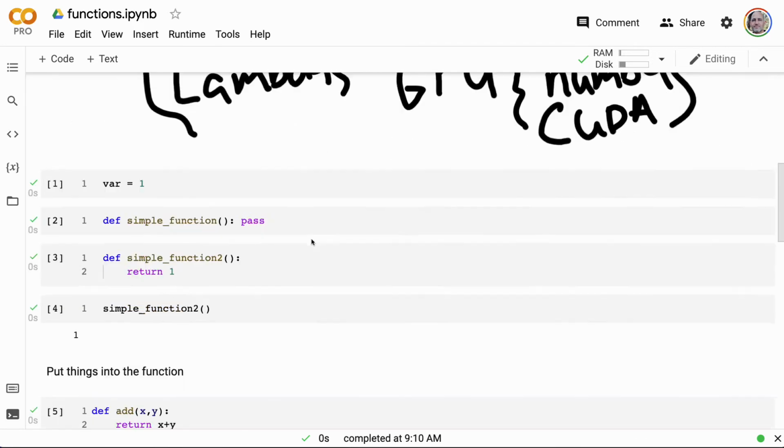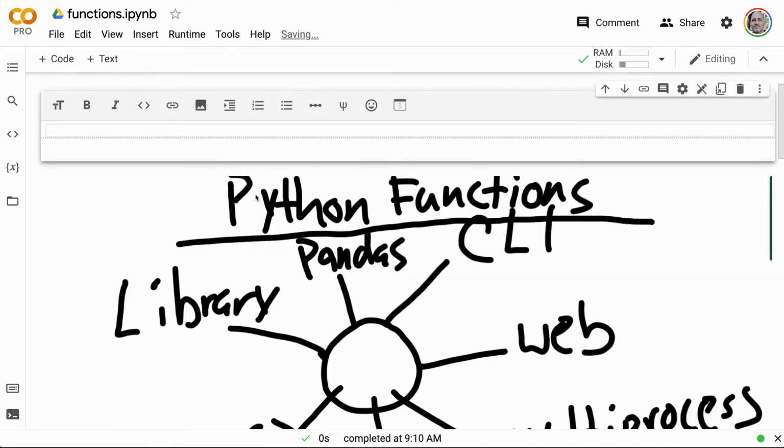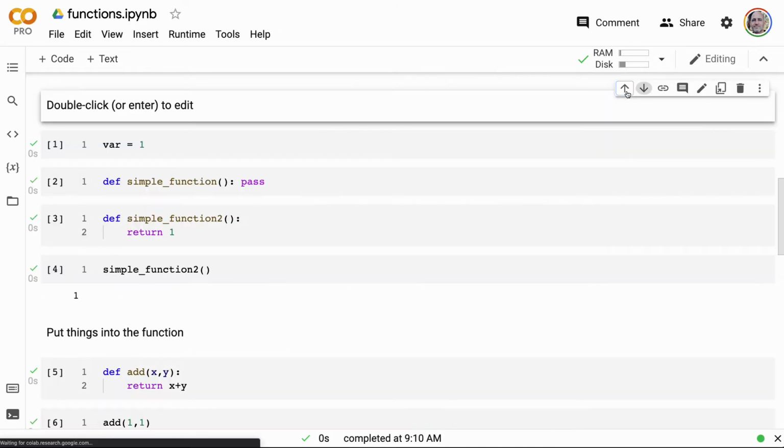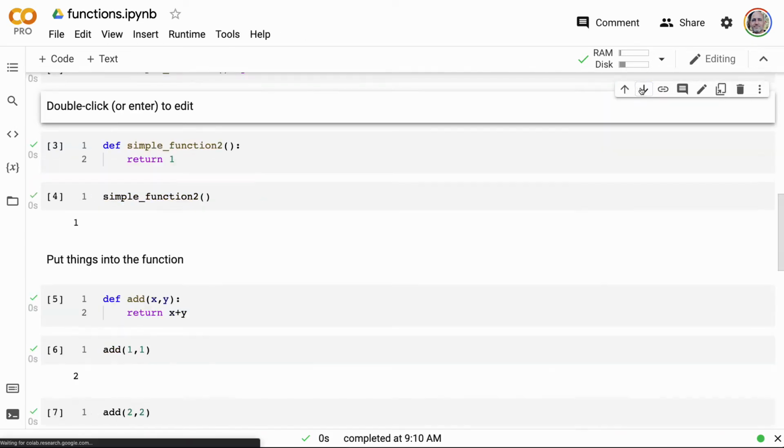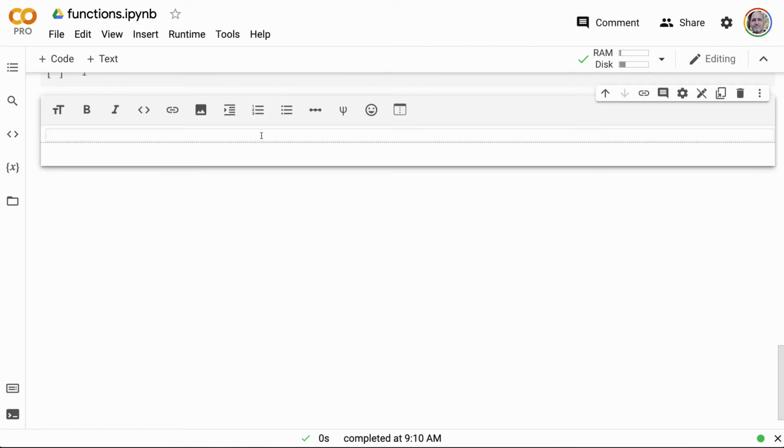So really only a couple more things to be aware of with Python functions is maybe let's talk about some of the exotic things that we can do before we start building things with functions. So let's build another block here, and let's put this down at the bottom. Just scroll this down here, and I'm going to call this exotic